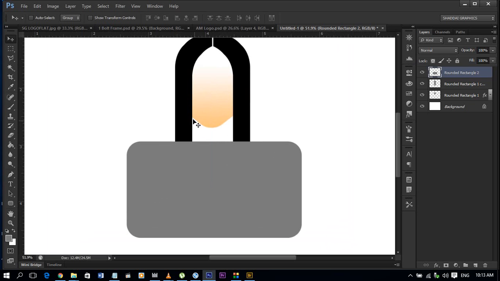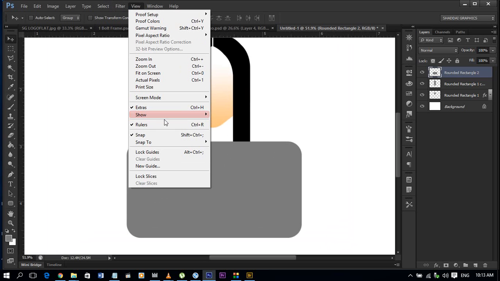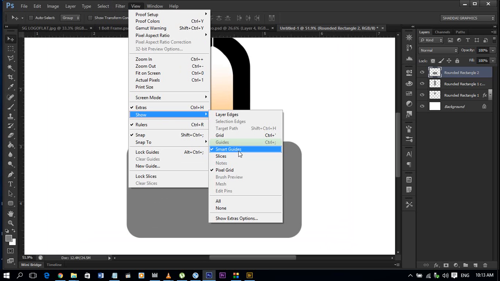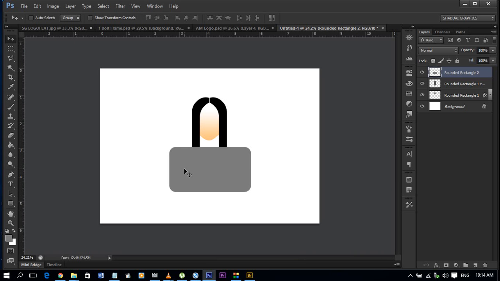Yeah, sometimes you see these pink lines appear when I'm working. It's a feature in Photoshop. I forgot to talk about it when I was talking about customizing your workspace. It's right here on View. You take Show and you take Smart Guides. Basically what they do is help you move and place objects in your workspace with mathematical precision at the right places that they should be, if you really want them to be centralized or you want them to be aligned in a certain way with other